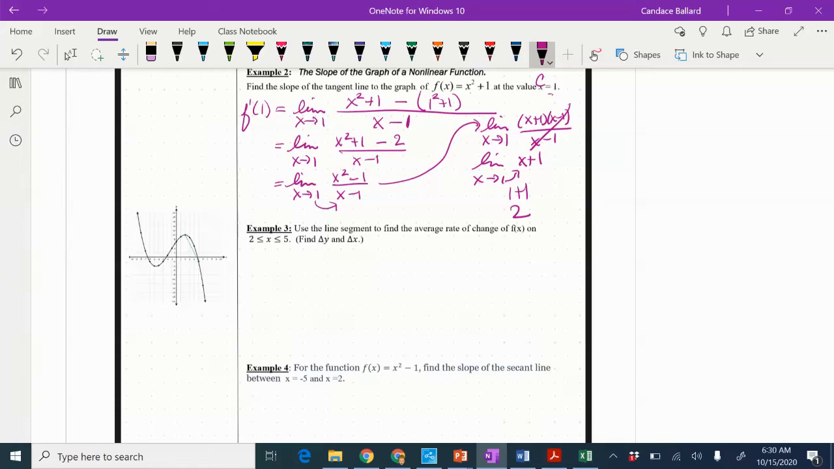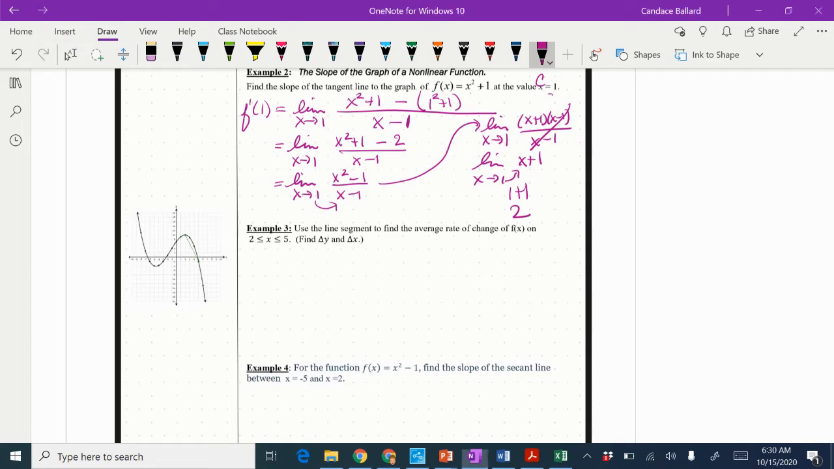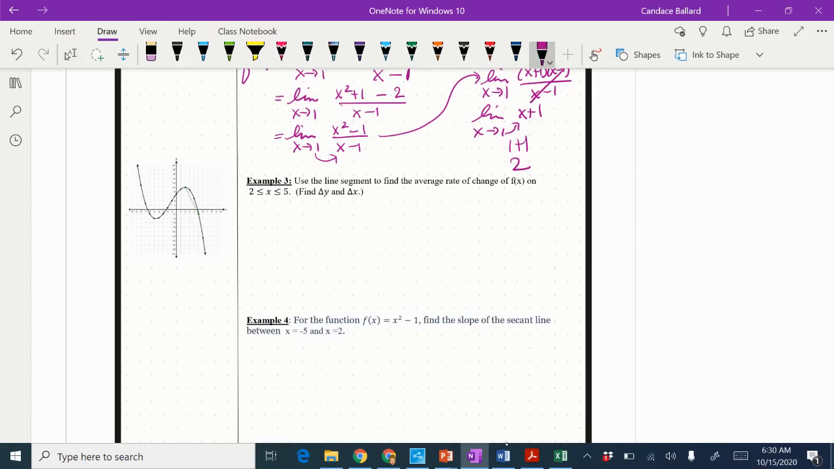So we're going to continue our lesson on topic 2.1. These next two problems actually come out of Delta Math, which is more what your homework looks like tonight. We're going to be using the line segment to find the average rate of change, which you'll notice sometimes we abbreviate AROC, average rate of change,